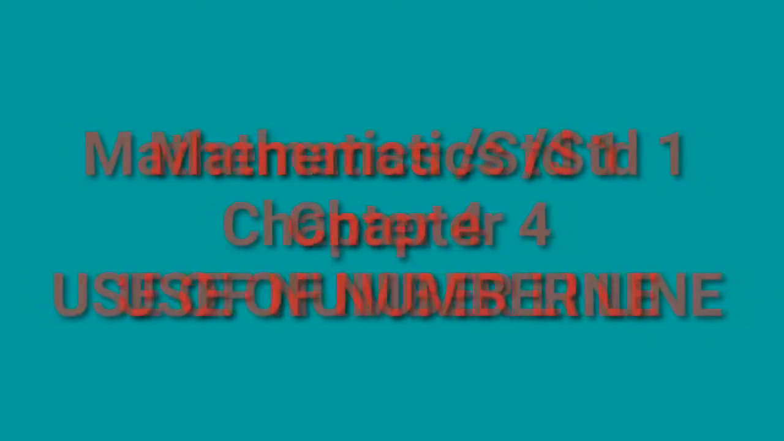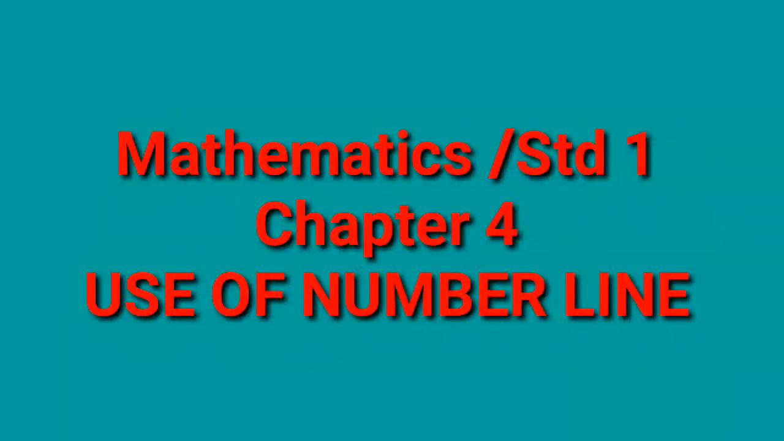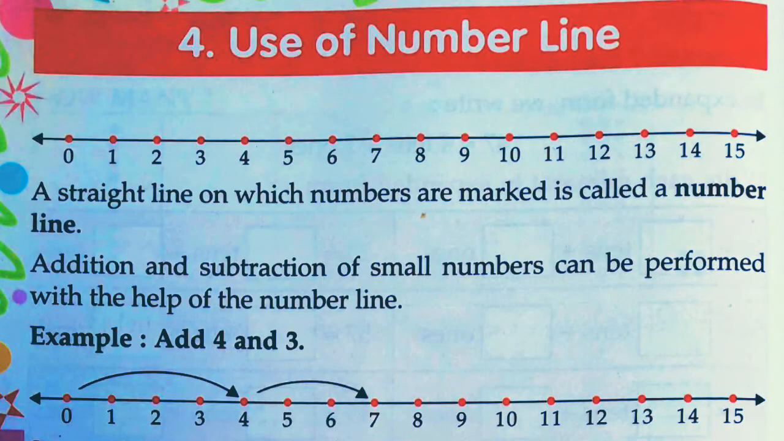We will read chapter 4, mathematics, that is use of number line. First we have to know what is number line. Number line means a straight line on which numbers are marked. You see the picture how the number line is. Okay,